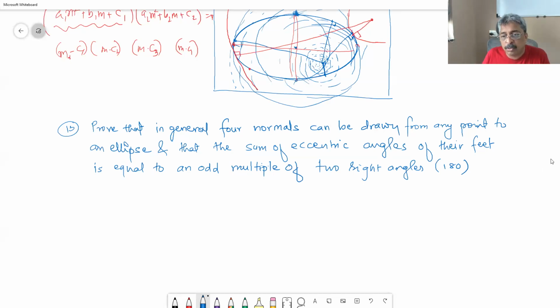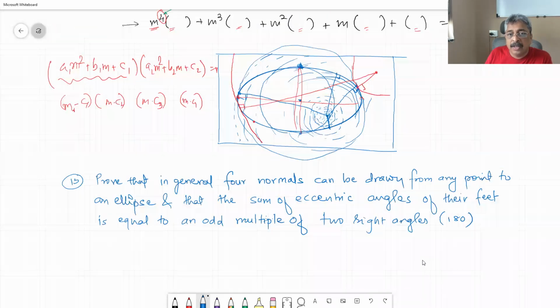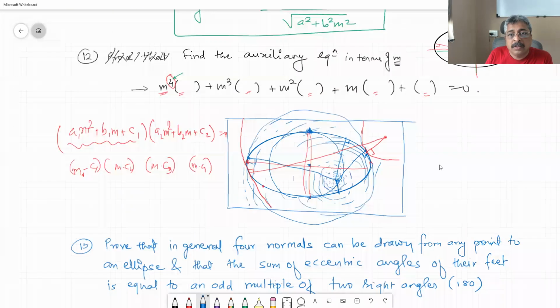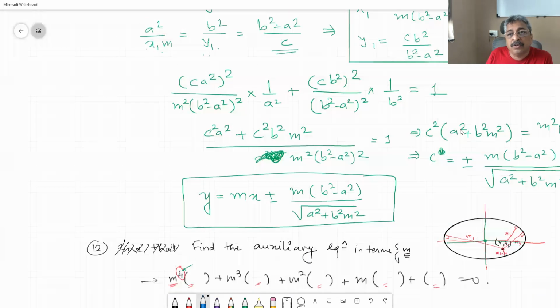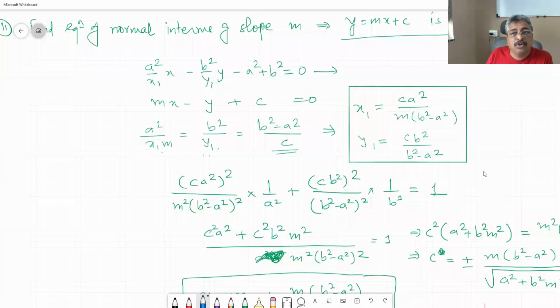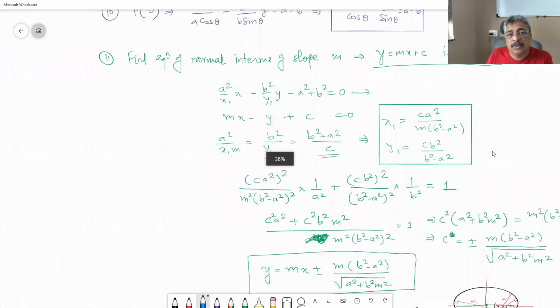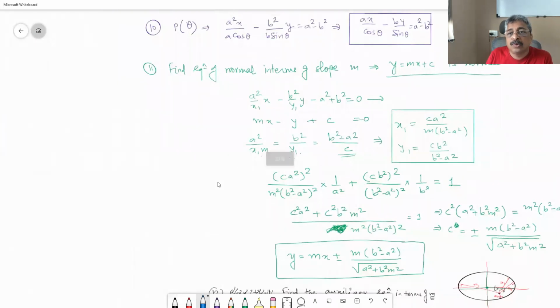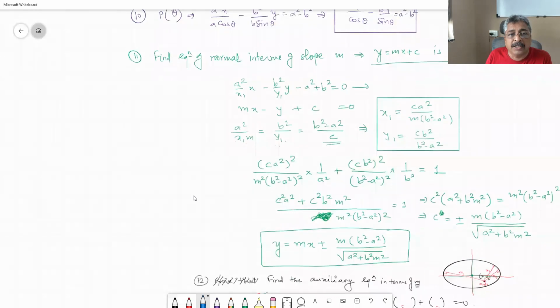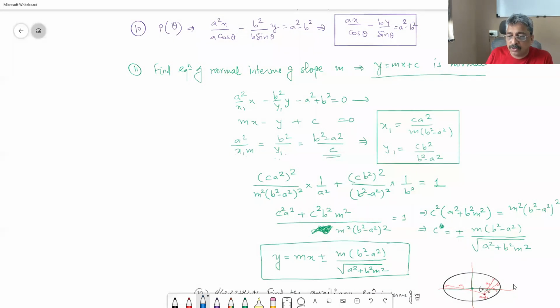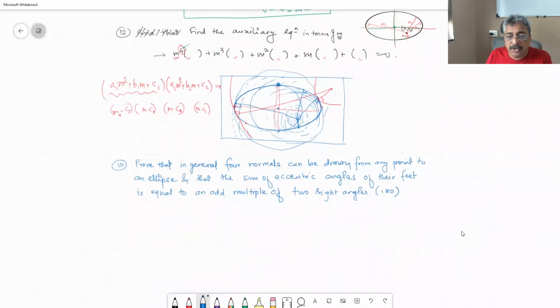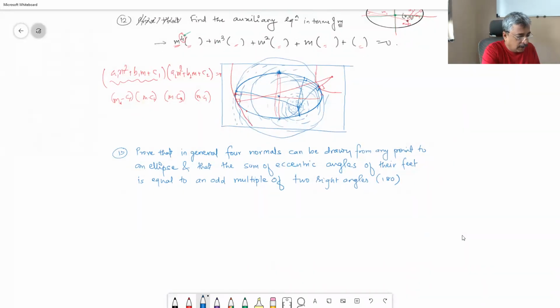First of all, we are supposed to do something related to eccentric angle and normal. Therefore, do we have the equation of normal at P theta? Yes, this is the equation: ax upon cos theta